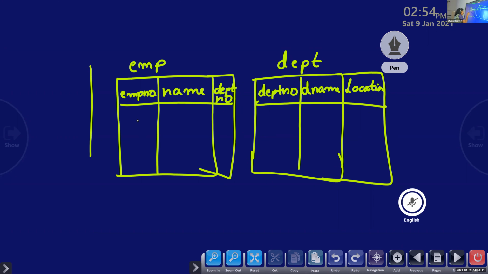This employee is working in which department? That thing we will get from this foreign key relationship. So actually a relationship is established here. In order to establish a relationship in this manner, what you need is,